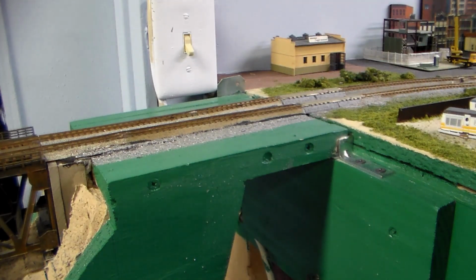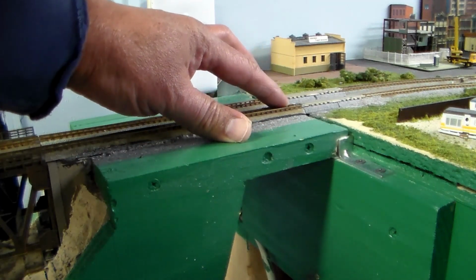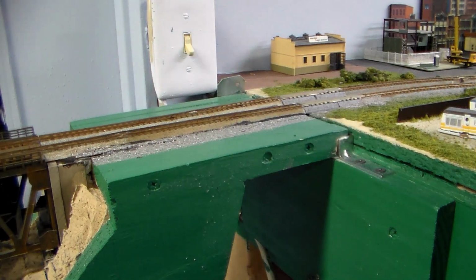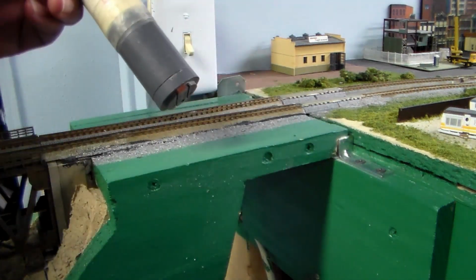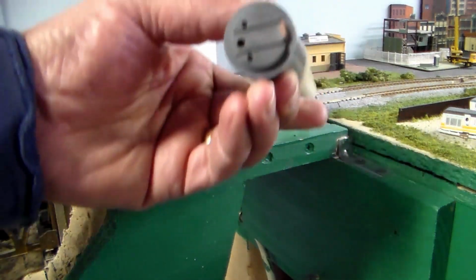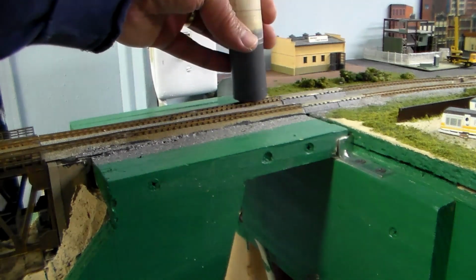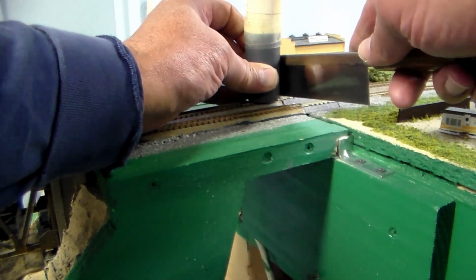Now, important thing, when you're cutting track, you're going to wiggle this rail, and there's a chance you could break it off the nails, or I'm talking about what's holding it down. I bought this ballast spreader a long time ago. I added a piece of PVC to it just to add more ballast in there. I use this whenever I cut my track to hold it in place. See how it's made? I put it on the track. Okay, let's get that on there. I set it down on there, and then I cut,